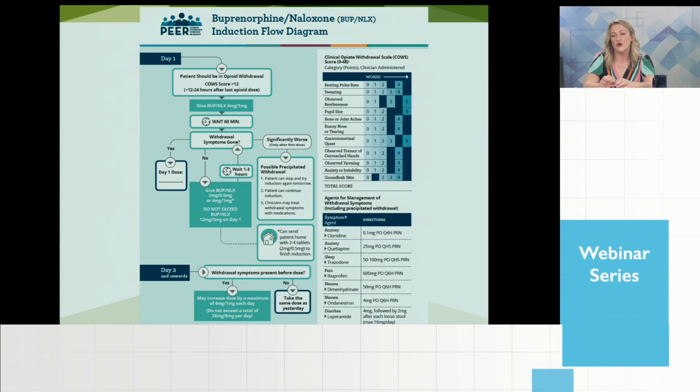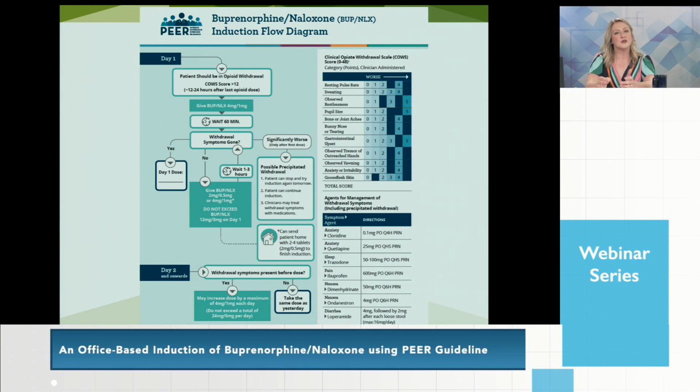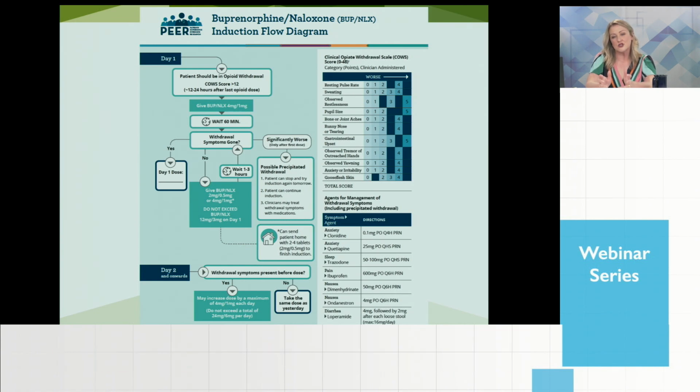In fact, I don't encourage that you have a pharmacist be forced to stand and observe them take this medication. At that point, as long as you've assessed your patient and they're not in precipitated withdrawal, by all means send them home with the other 8 milligrams, because 12 milligrams is our kind of max for the day on day 1. If this patient's in a setting where they can be observed more closely, you can absolutely go higher than that. And there's lots of different ways to do a Suboxone induction, but this way seemed the most clear.